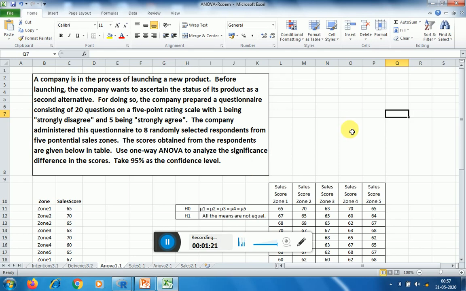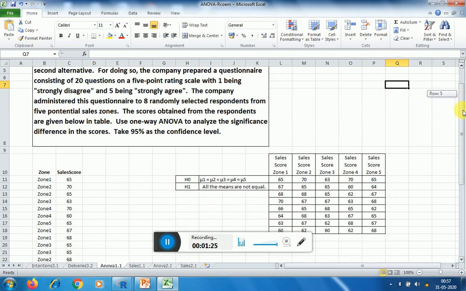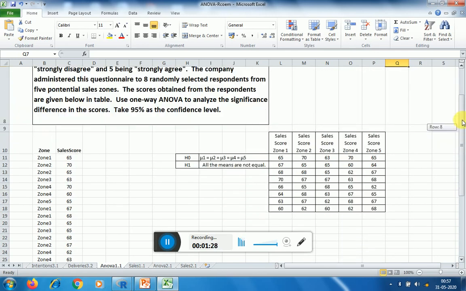So we have to test whether the sales scores obtained in various zones, zone number 1, 2, 3, 4, 5, etc. So whether the means in these 5 different zones are equal or they are unequal.